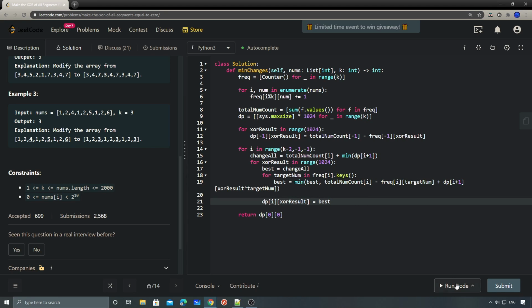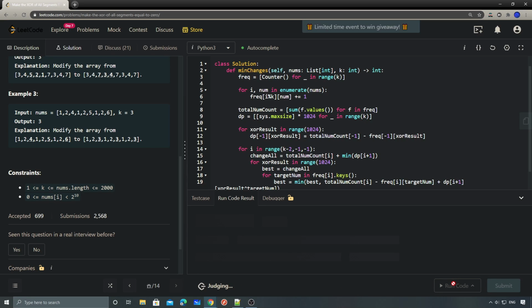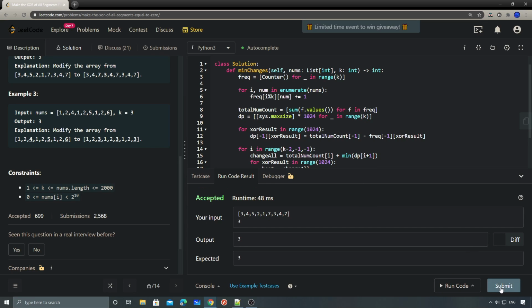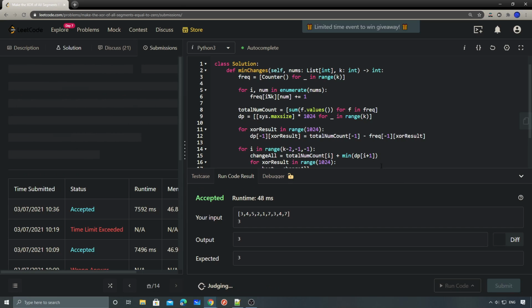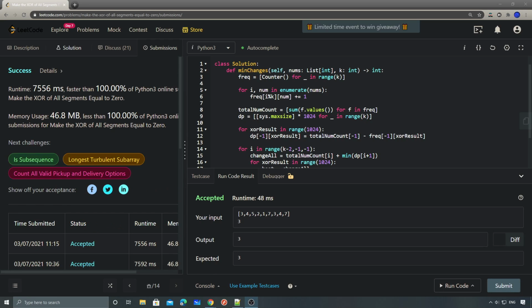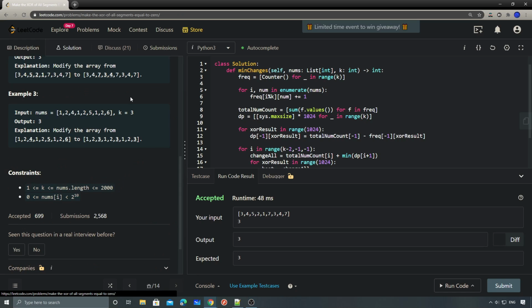So if I run the code, yeah, so submit. Cool. So it passed, but even though it's faster than 100%, still not that fast. But anyway,